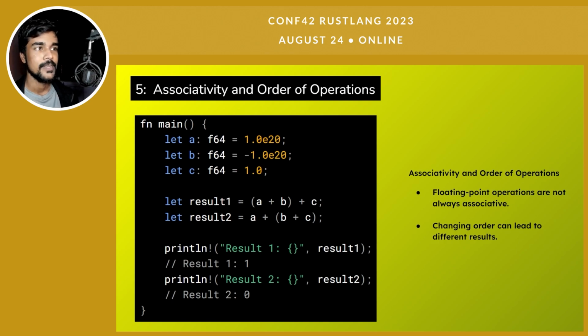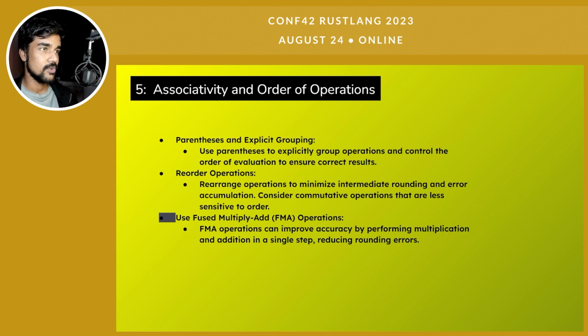It's quite possible. You can run this code and find it out yourself. Though we are doing the exact same thing mathematically, the output we get in the result 1 variable is 1, and for result 2 it's 0. So this is very much undesirable and something we want to avoid at all costs. Now, the solution to overcoming this issue is pretty straightforward.